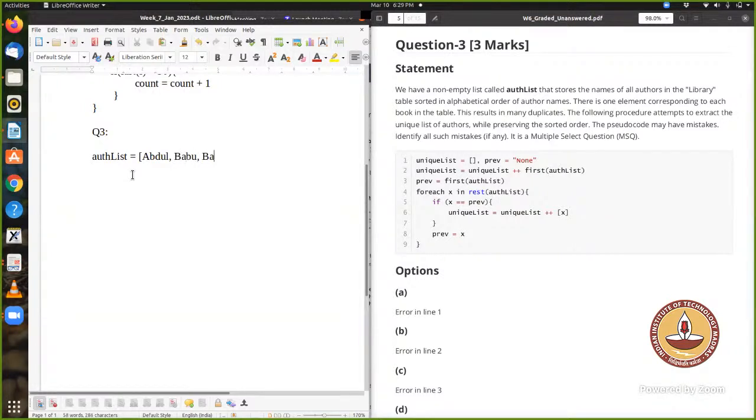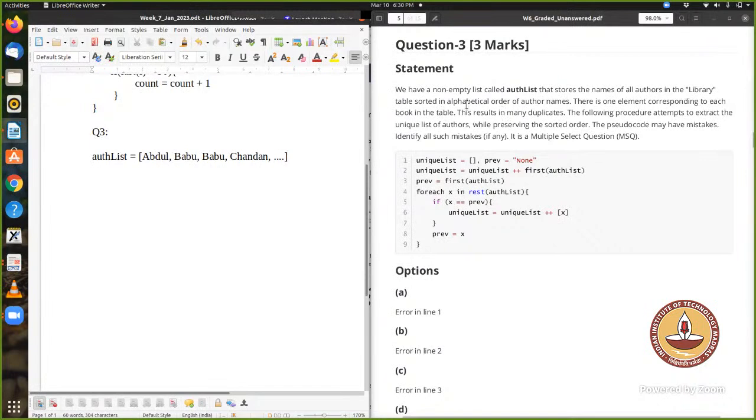Babu can come 2 times. Why not? Because the duplicate list is here. No, Babu can write 2 books. Understand? So, what it is saying that in a library